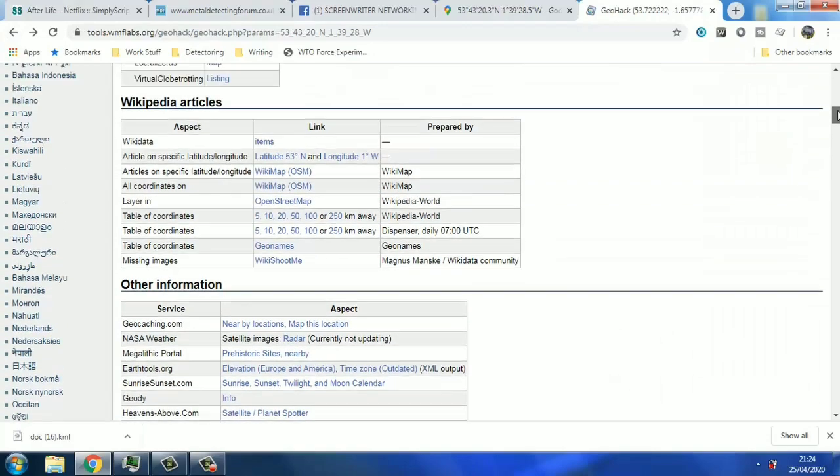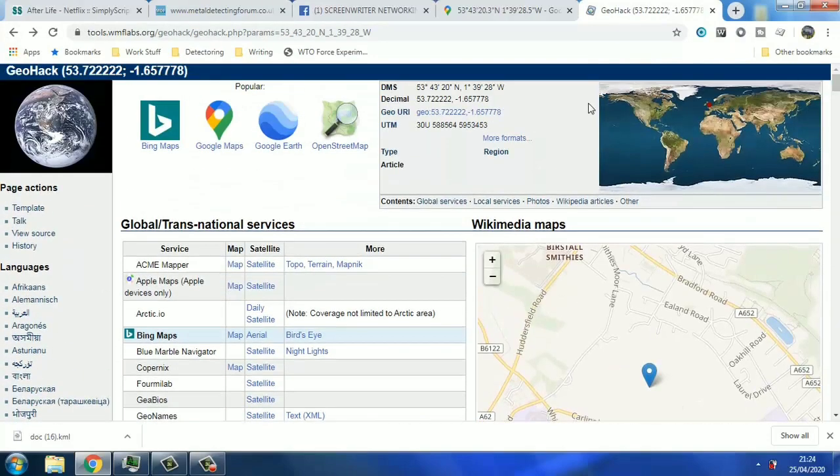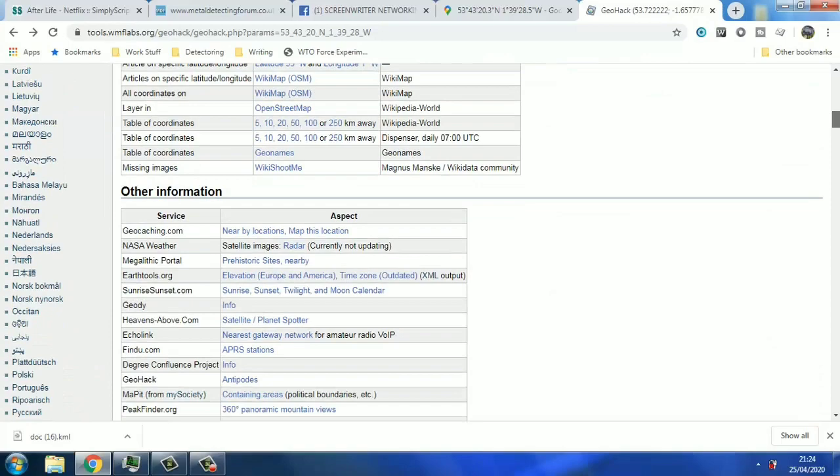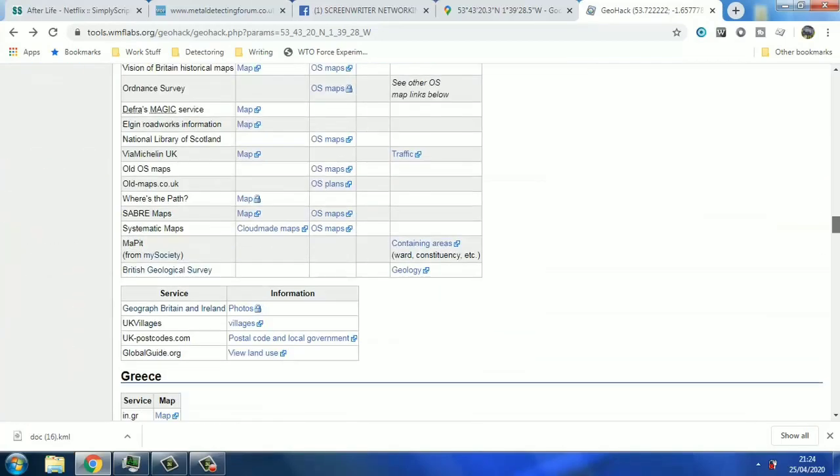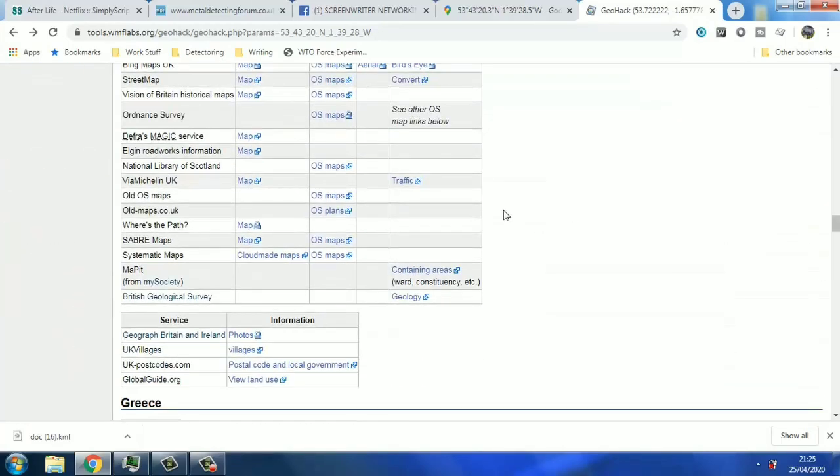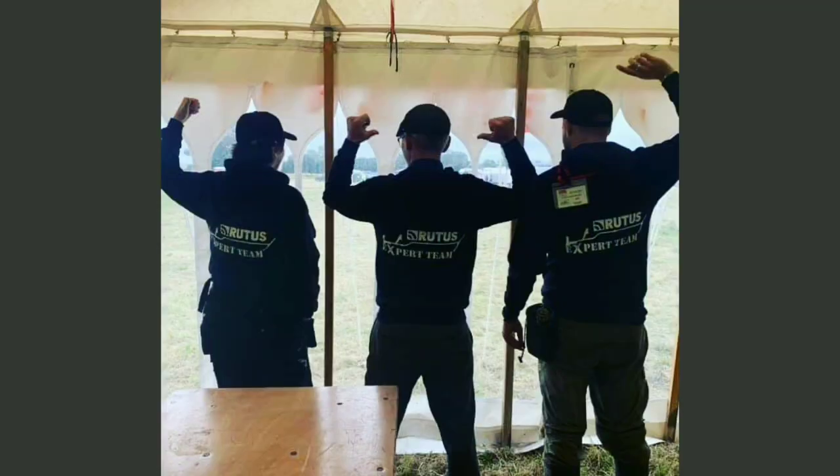So there you go, a quick canter through the Geohack site and the resources it contains. What I've done for my 10 or so permissions is create a page for each one of them. So I've got easy and quick access to the maps and research resources on here for each one by the click on one bookmark. And next up on my next research video,